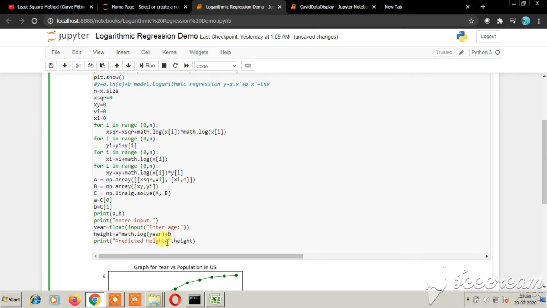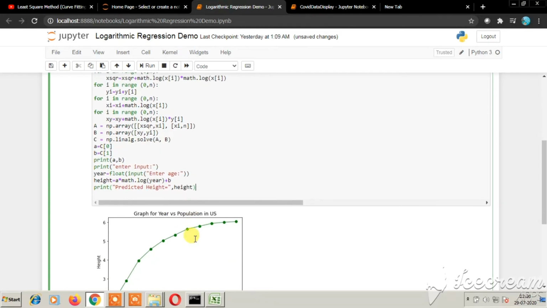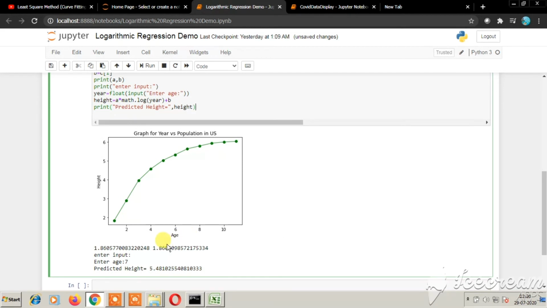So you can get the predicted height as the output. See, we have entered the age as 7 and we have predicted the height as 5.48. You can also verify this in this curve. 7 lies here, almost 5.4 to 5.5.